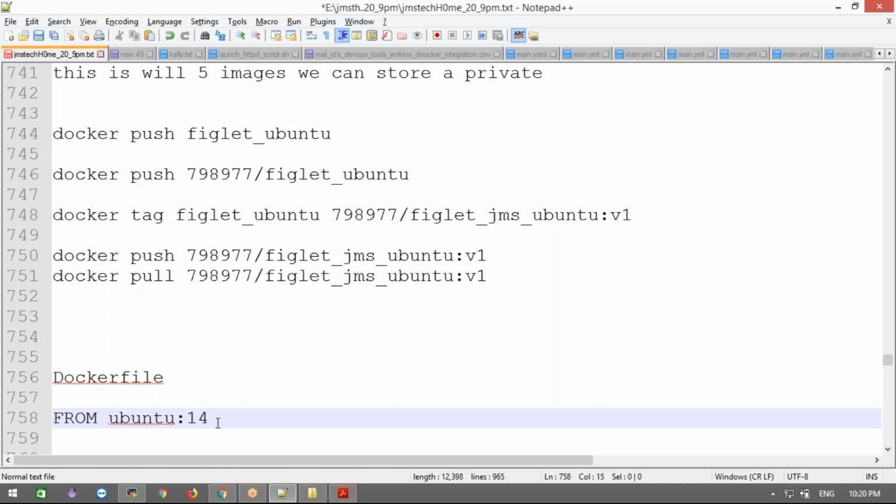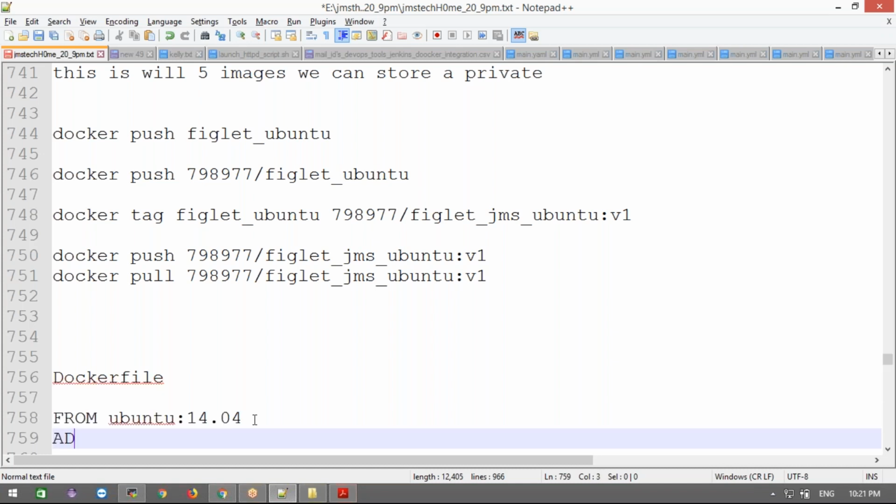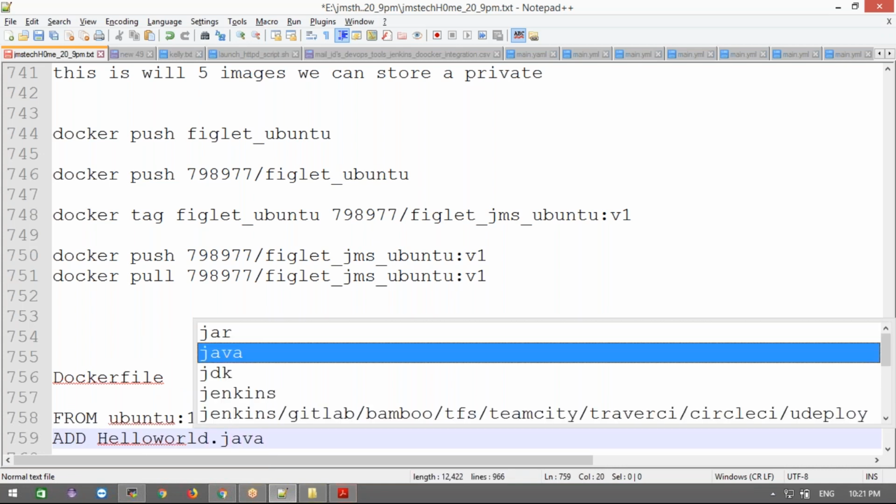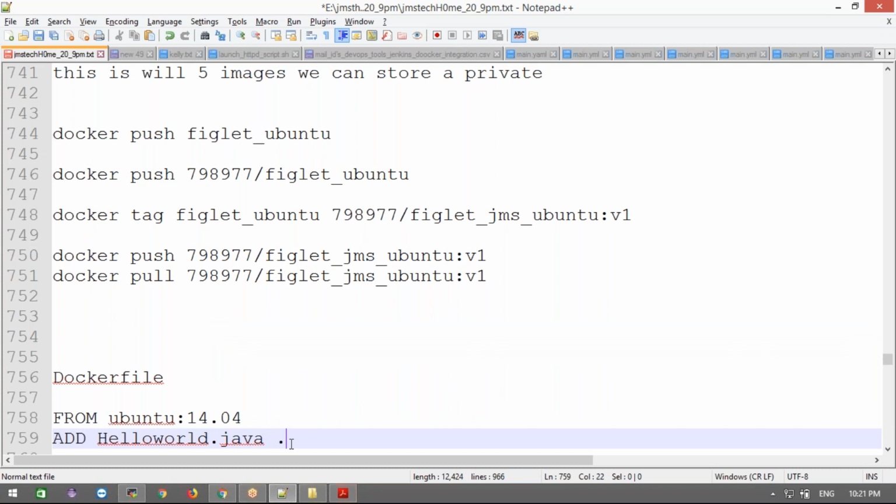Why? We need to specify which base image you are going to use to build your image. What does base image mean? For example, if you want to create any Linux machine, we need to take an OS, like a guest OS, right? Here we don't need to write the installation of any guest OS. We just specify to use this image as a base image. On this base image we are going to add our own files, like file1.txt, for example, hello world.java, for example, and a dot. This is inside the container.